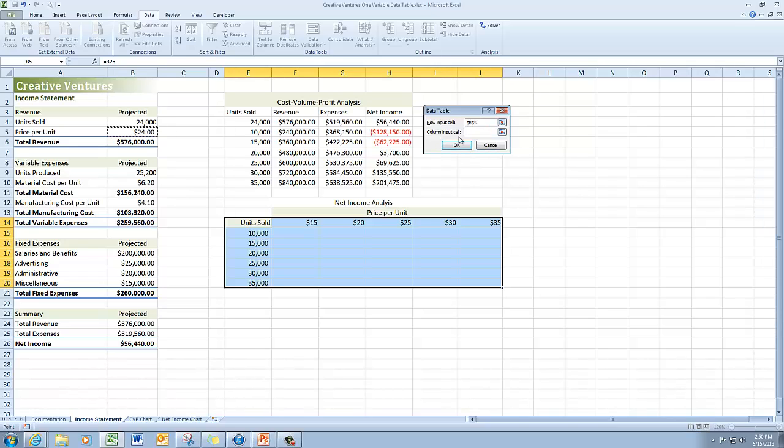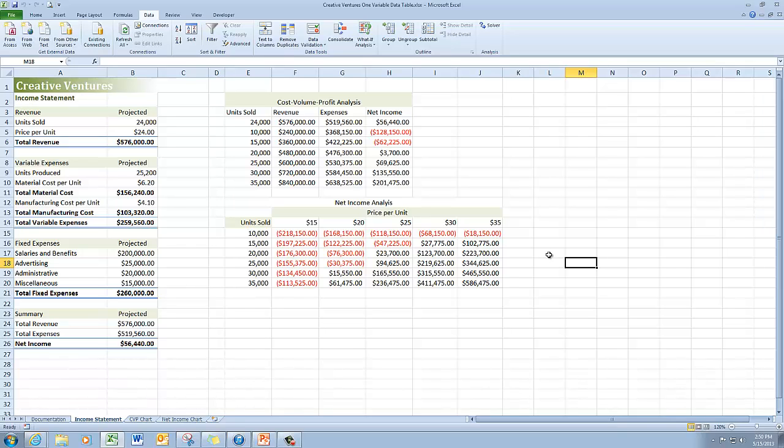And it looks like I forgot to click in the column input cell there. Make sure that you're clicked in the right spot before you start clicking the other things. So I should have B5 as my row input cell and B4 as my column input cell. I'm then going to click OK,